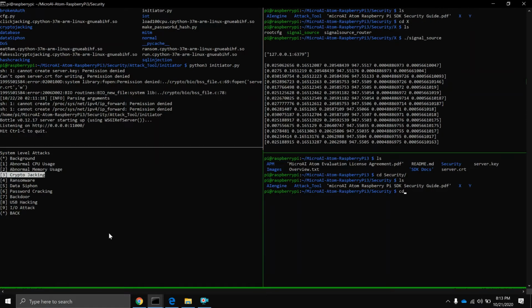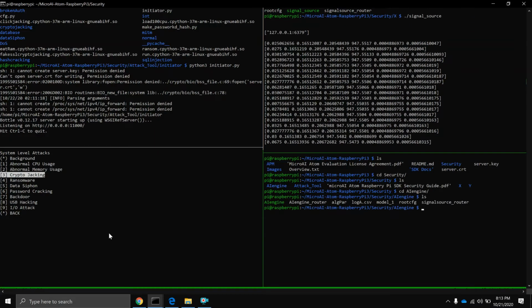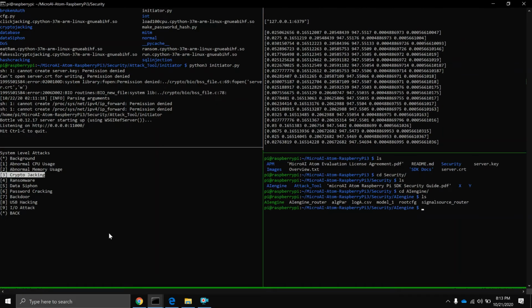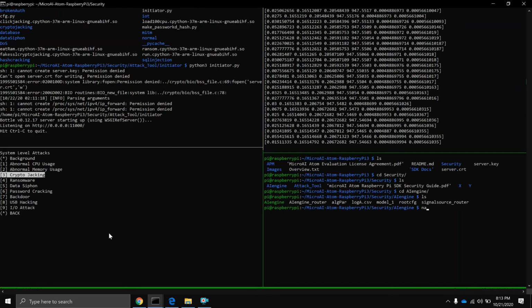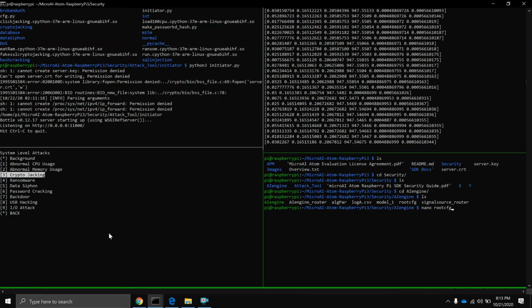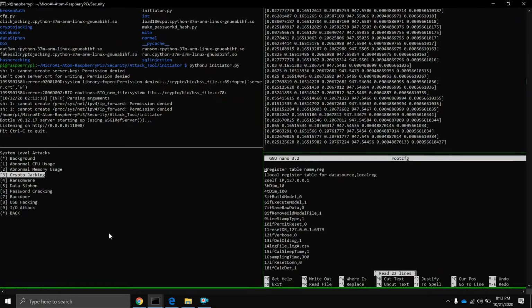So I'm going to cd into the AI engine subdirectory. And before I run the AI engine, I just need to check a configuration thing. So first, let me go into root cfg. This is the configuration file, where basically I need to decide whether I am going to be building the model